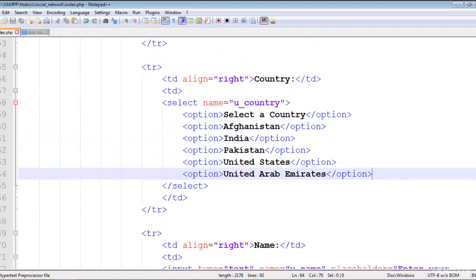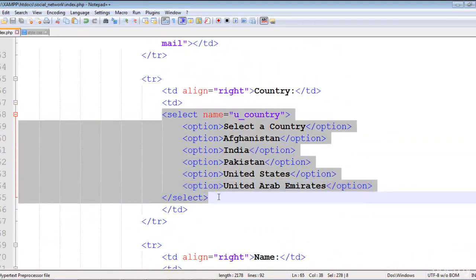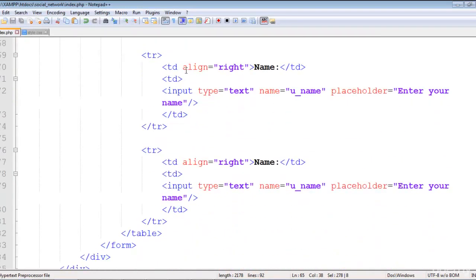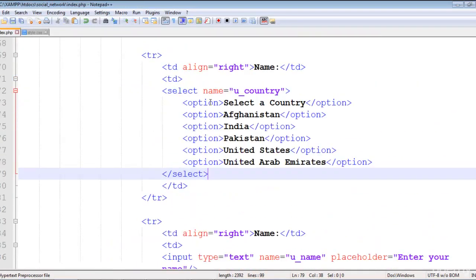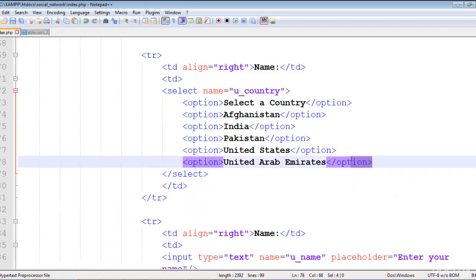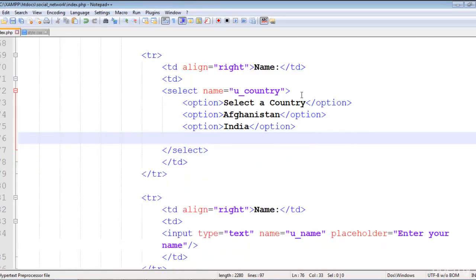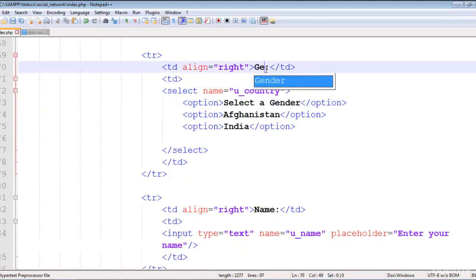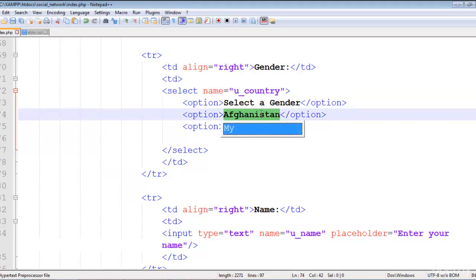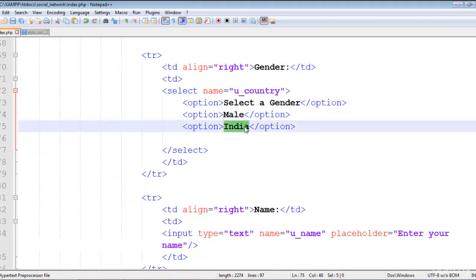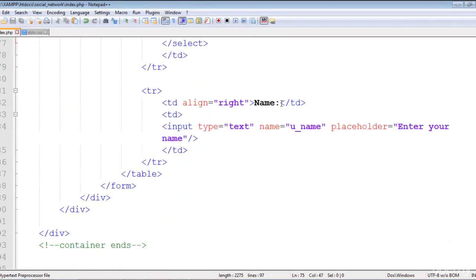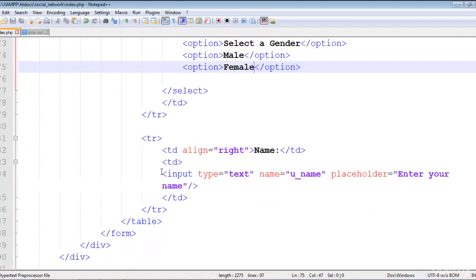And we can do the same for the gender. Copy this whole thing and put it here in the td, and we will say select gender, and change the name to gender, male, female. That's it. And the last one will be